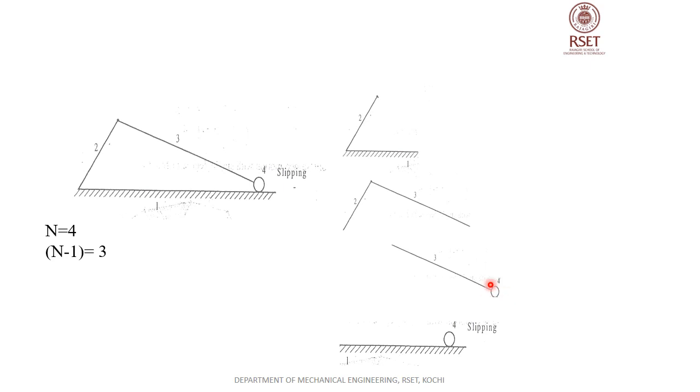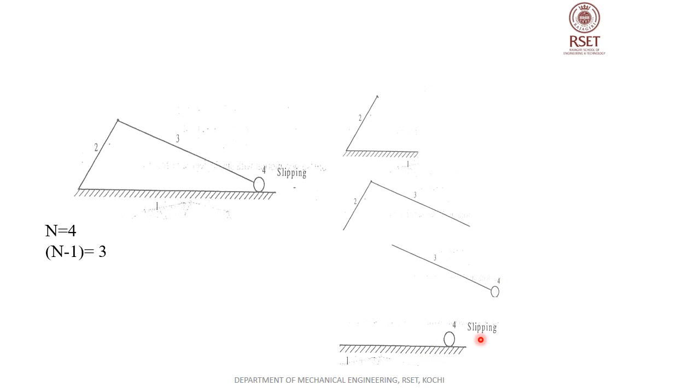So this roller can rotate about that pin. Or if you are fixing that roller, this 3 can rotate about that roller. So both 3 and 4 are considered as a revolute pair or a turning pair, and they have a single degree of freedom, and that motion is the rotation motion. Now what about 1 and 4?